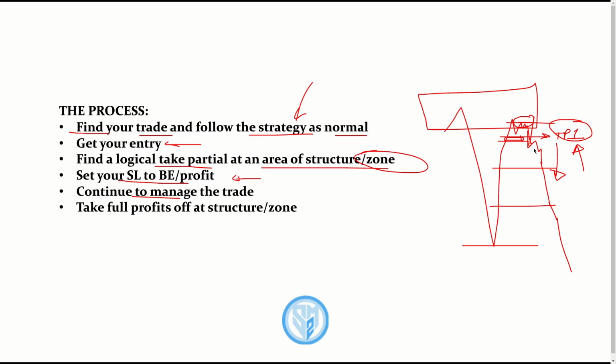Because if you do get stopped out, you'll be stopped out knowing that it will be at zero loss or zero gain, and you know that you've already taken partials at however many percent you did. So if you took out 25%, and that could have been like 25 pips, right? So you would have came out of